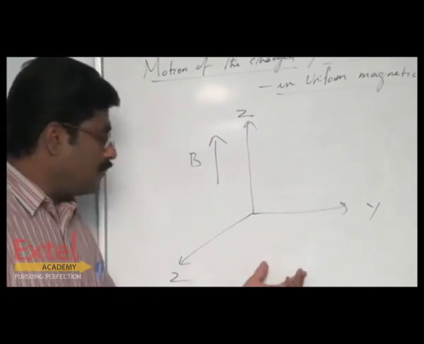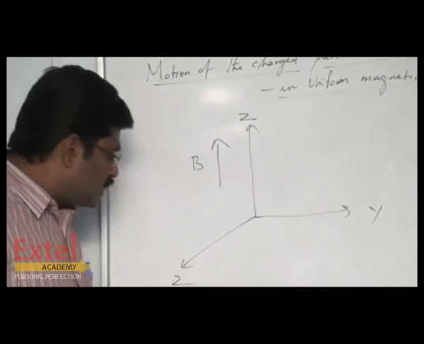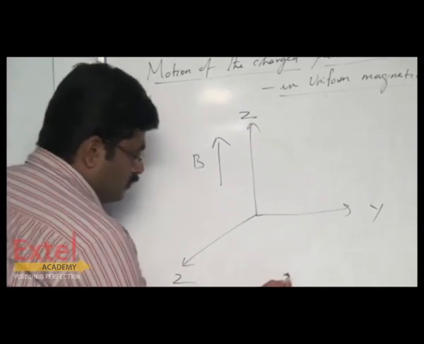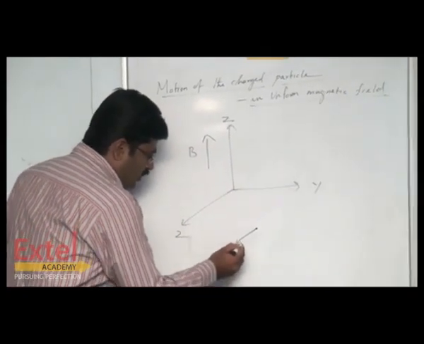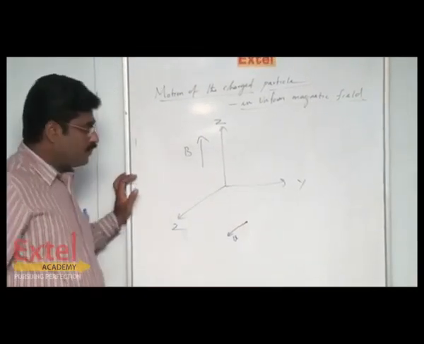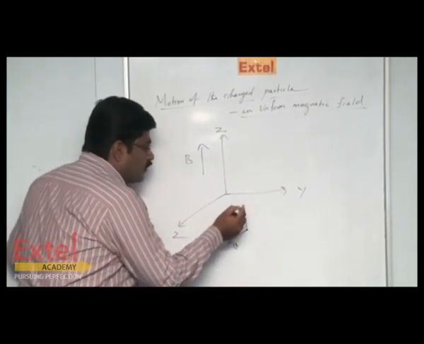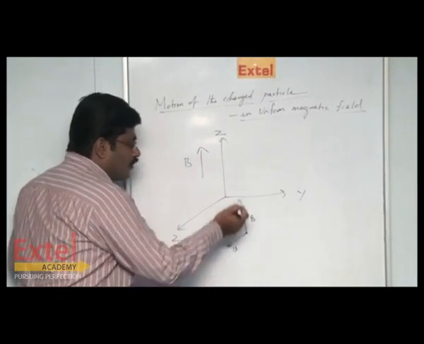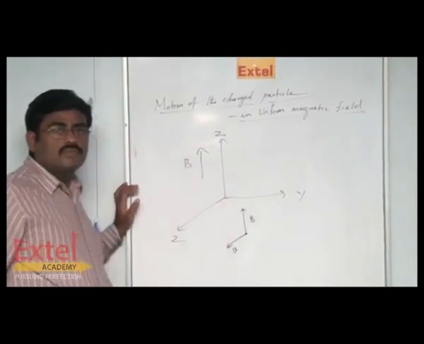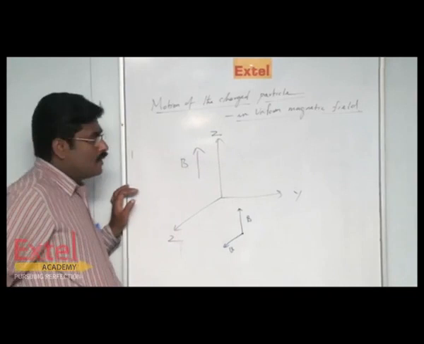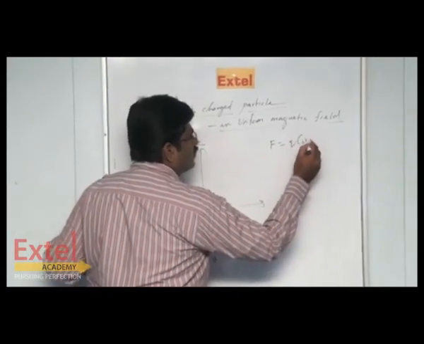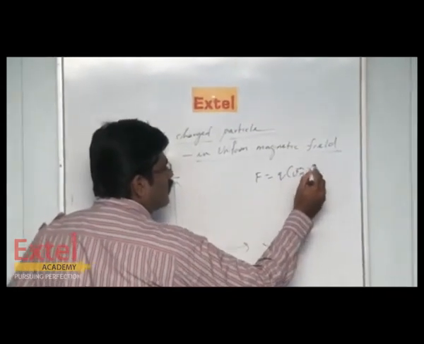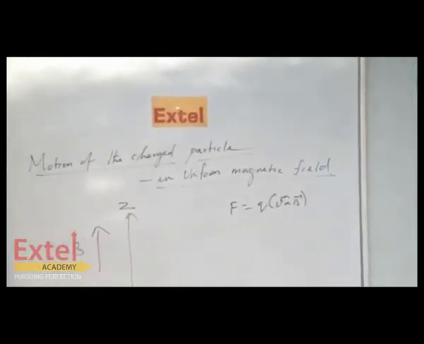The charged particle can be in the xz region. Suppose the particle moves with a velocity v in this direction in the presence of uniform magnetic field, moving from top to bottom as shown in the diagram. According to the Lorentz force, F is equal to q of v cross B. The force acting on the particle